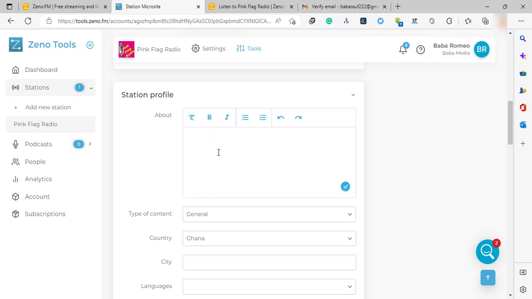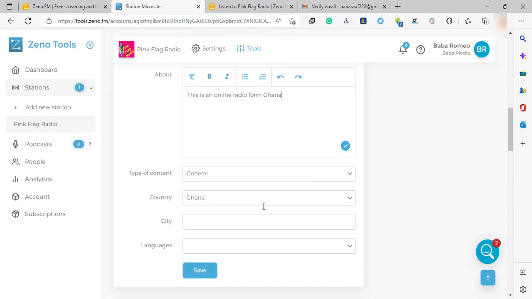to put in or write everything about the station. So here you can write, for me I'm writing, this is an online radio from Ghana. So this is the simplest description I can give the radio station. And here the content type is general, my country is Ghana, and I'm in Kumasi,